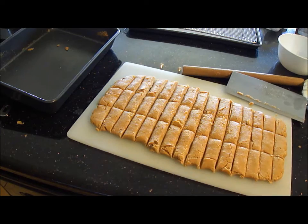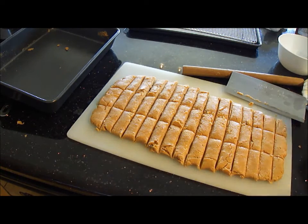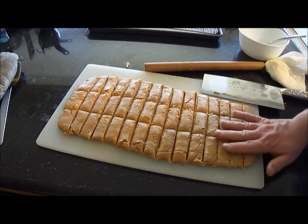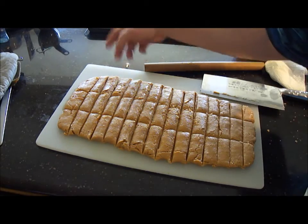So let's do a quick head count here. This is going to make 45 little chocolate bars. So even at the price of the peanut butter and the chocolate chips, yeah, this is just a little bit cheaper than store, and yes, it tastes so much better. Now you should let these cool off completely before you start dipping them, but this one looks busted, so